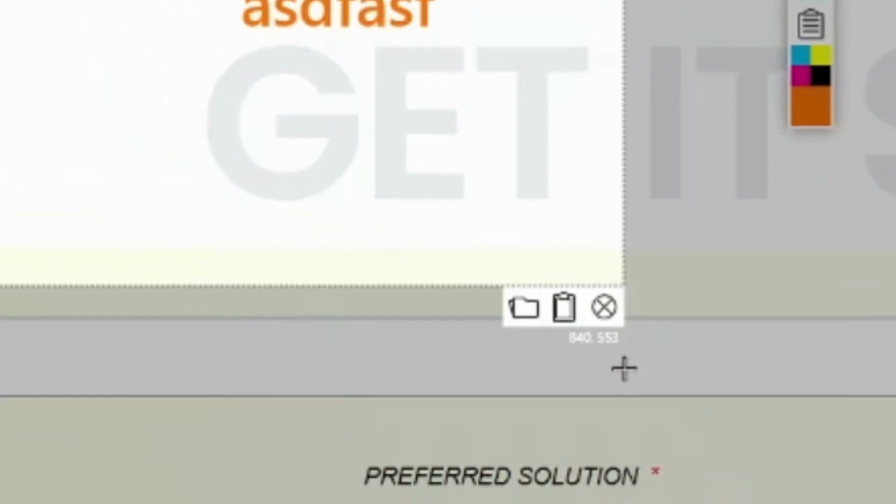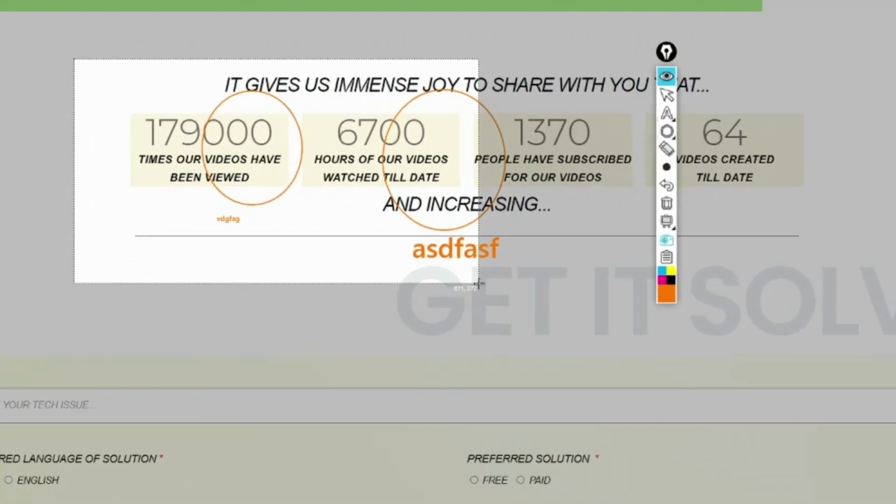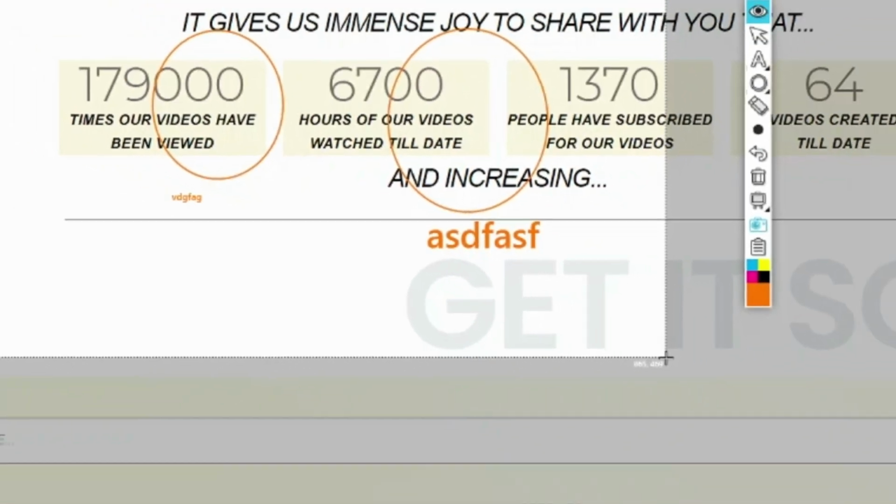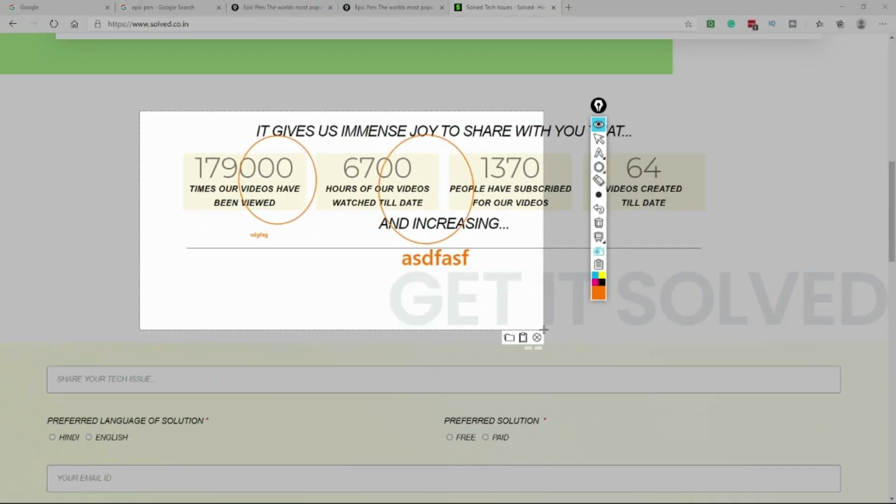And if you see at the bottom, there is a very small thing written. It is 840 by 553. This is basically the resolution of the screenshot. So if you are looking for a particular resolution to be pasted or captured, you can always move your cursor and select the capture size, and as you move, you'll be able to see the resolution changing. Right now it is 750 by 470 approximately, and now it is 865 by 470 approximately. So this makes life easier if you want to capture at a particular resolution as well.